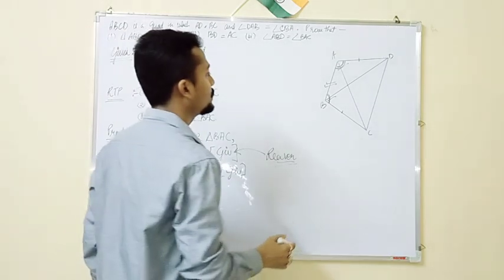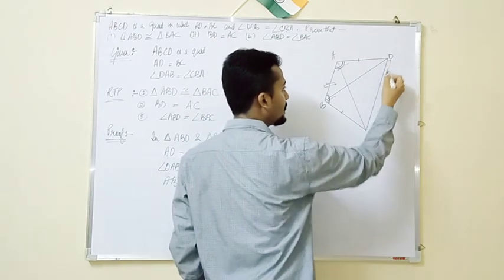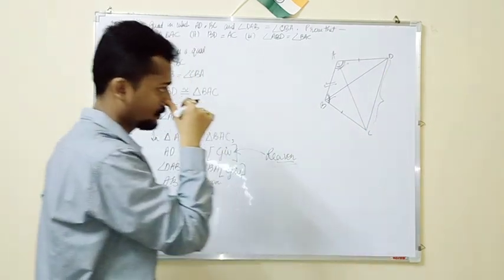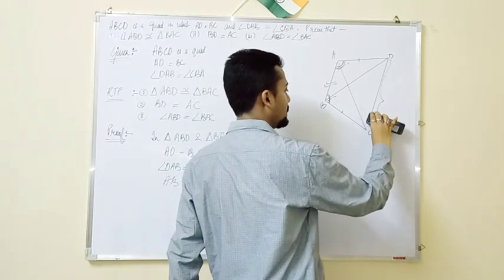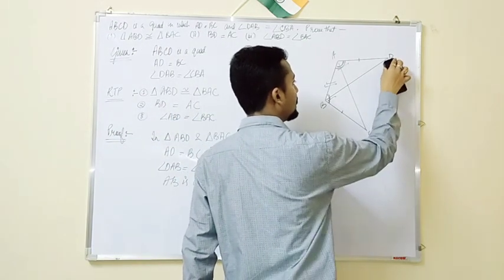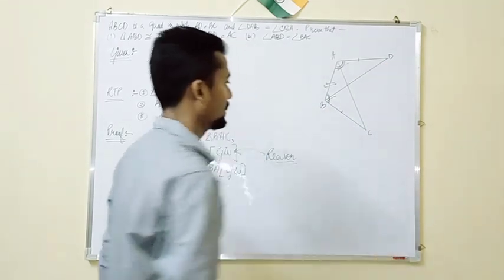AB is common for both the triangles. If you don't see this particular part, ये वाला line segment भूल जाओ. फॉर द टाइम बीइंग मैं मिटा ही देता हूँ, बट इन द फिगर यू हैव टू ड्रॉ द लाइन as because it is given in the question. This is given just for the sake of confusion, nothing else.